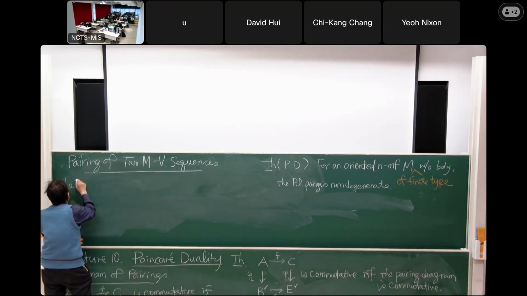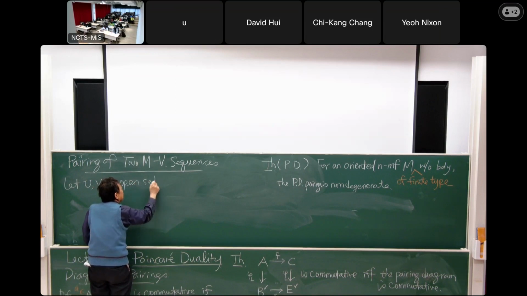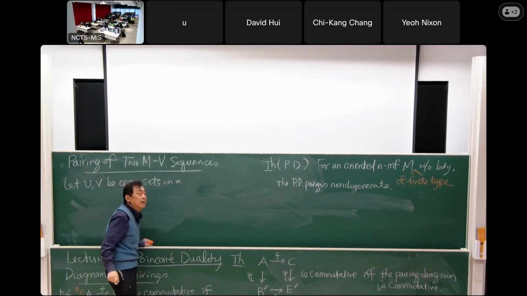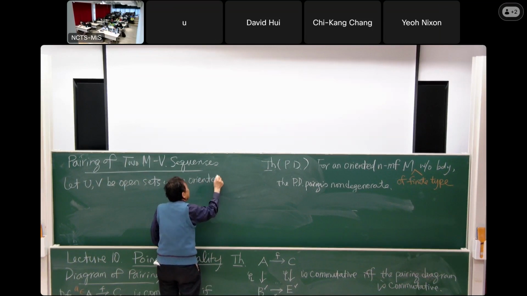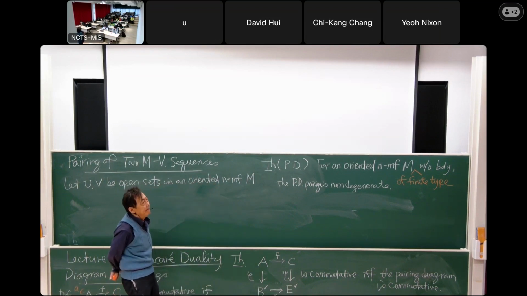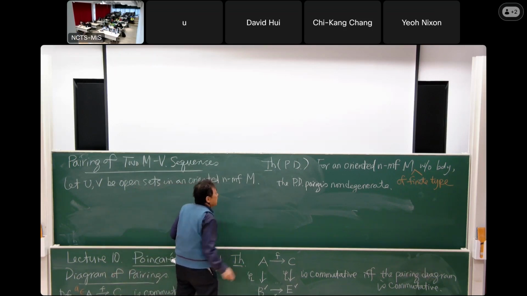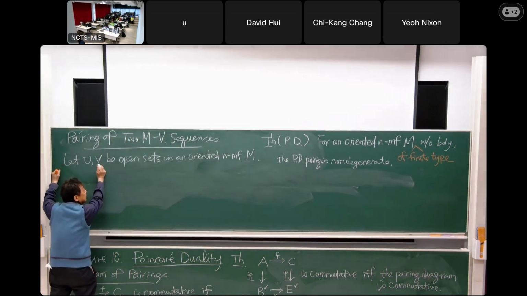So let U, V be open sets in an oriented manifold M. Just to pair them, you don't need any more hypothesis. Right, and so you have this Mayer-Vietoris sequence,